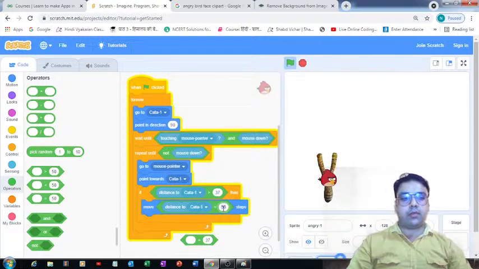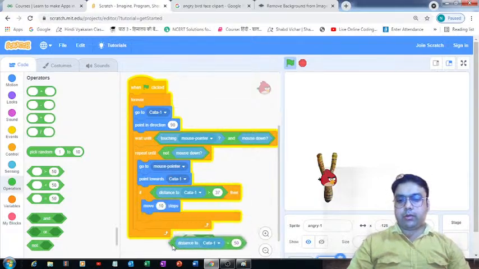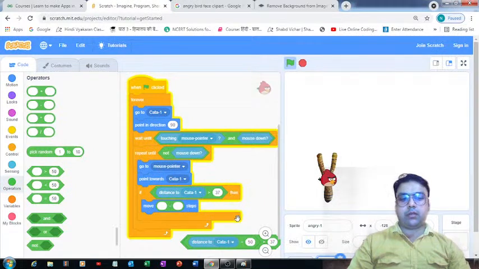So the distance should become... just a second, I think this is perfectly fine. Then what should happen? I want it to come back. I think minus is going to be a better choice. So if it is greater than 37, I would like it to